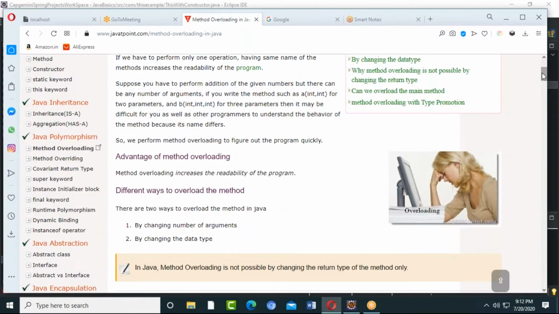And overriding? Overriding is the same method name, but we will change the behavior of that method by using the same name. So overriding the existing properties. The classes must have a relation, right? If the classes don't have any relation, does it come under overriding? No, it doesn't come under overriding. Remember that. If the classes have a relation, then only we'll say overriding. Otherwise, no.